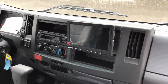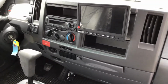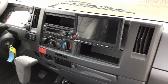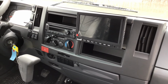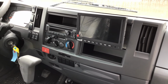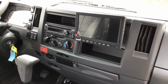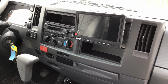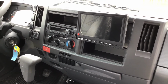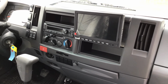Okay, as far as this truck is equipped with a backup camera. Backup camera, I did it locally at a vendor of mine. Highly, strongly suggest if you want a backup camera to work with someone locally. I've never met a person that has purchased a backup camera that didn't struggle with it from time to time. So you want someone in your hometown that you can take it to and either fix it if you damage it in some way, hit it